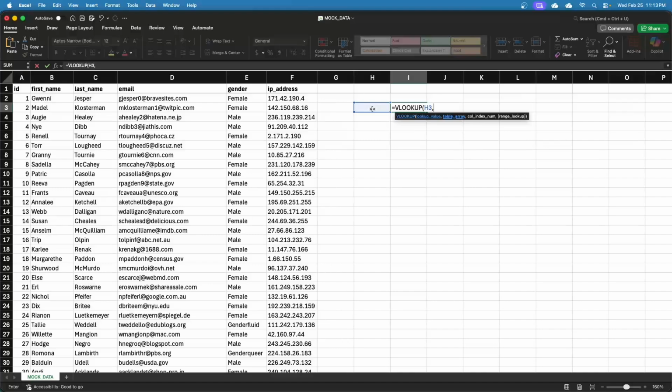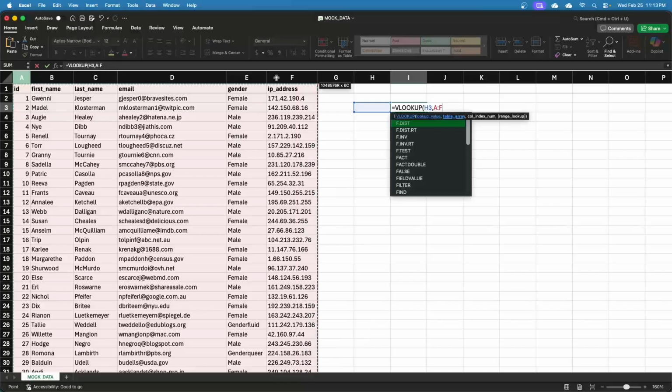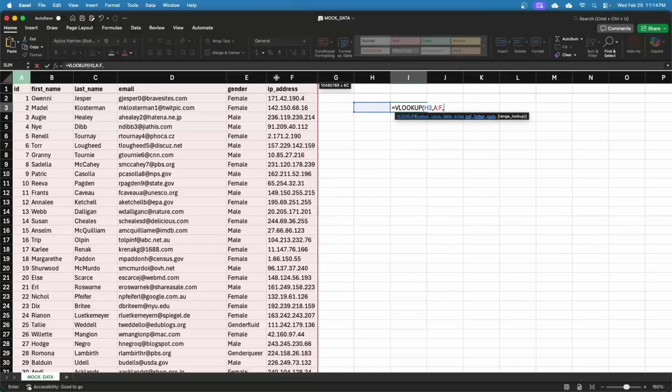And then I want to say which range I want to look up from. That basically means from column A to F. Or yours, it could be whatever range that you want to pick. So you select that. And then the next parameter that it needs to have, which will be